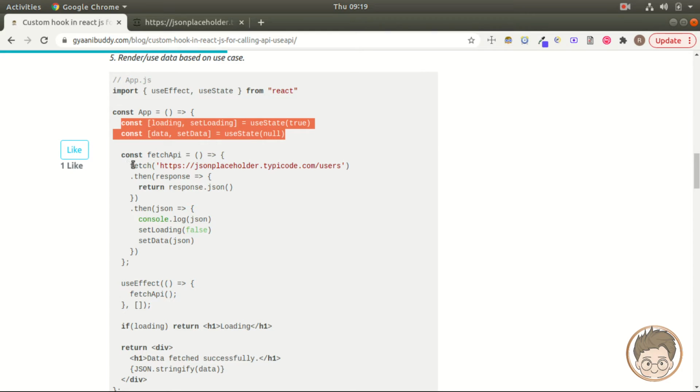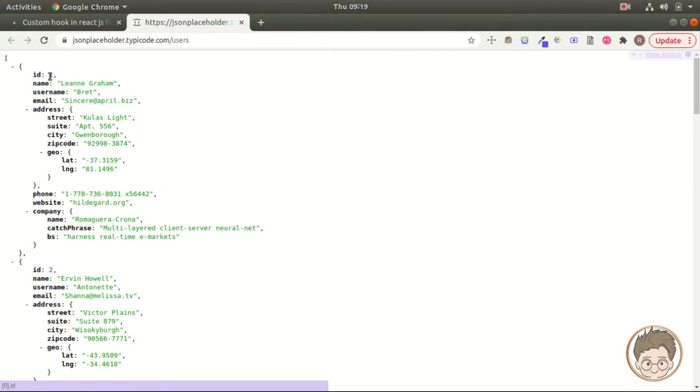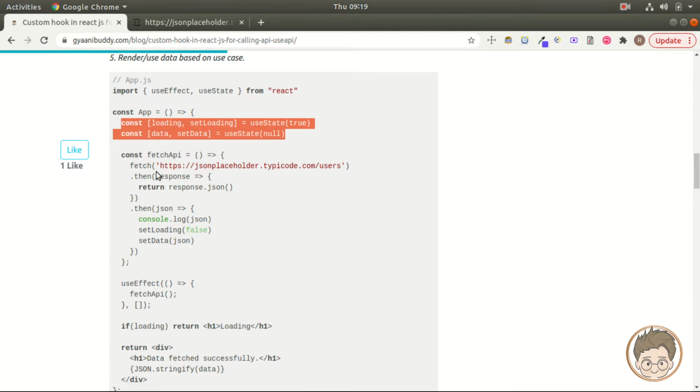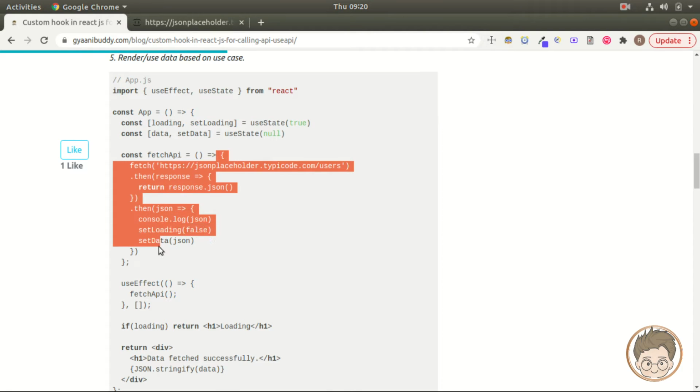This is the data which we want. Once we get that data, we will set loading to false and set data, which was initially null, to the actual response data which we got from this fetch code.